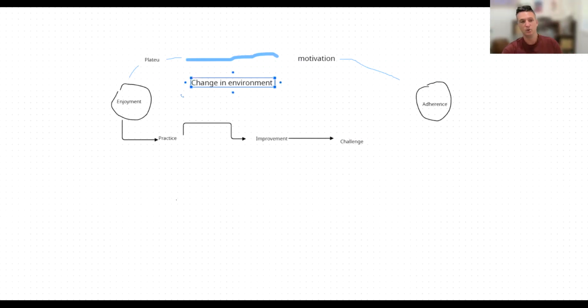And I think this is really, really cool to talk about. So imagine this stabilizing feedback loop, right? And you have to imagine that it goes round and round. Someone who's enjoying exercise in a certain way, but then plateaus, it decreases their motivation. It affects how much they adhere to their exercise. And then you'd have another line here, which decreases or stabilizes enjoyment, which gives more plateau, less motivation, decreases adherence,